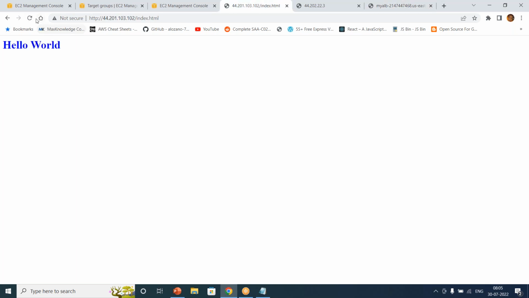I can access here also. See, I have given full access here, so I'm able to access this. Even if you go to this 44.2.2.22.3, you'll be able to access. Now we need to restrict this. How do we restrict this? As I told you, when we talked about security groups,